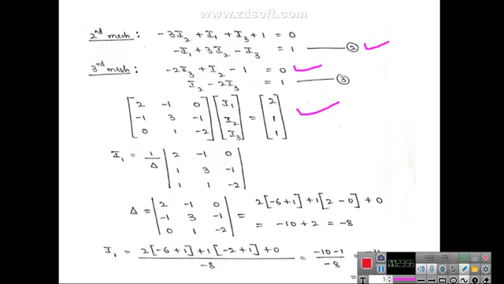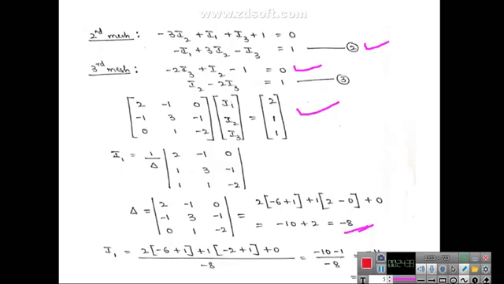To find I1, delta is the determinant of this matrix. Finding the determinant: 2 minus 6 minus of minus 1, which is plus 1, minus 1 into 2 is minus 2, so that means 2, and 0 into this is 0, and the third element is 0. So 2 into minus 6 means minus 12 plus 2, so minus 10. Here we have 2, so minus 10 plus 2 is equal to minus 8. This is your determinant value.